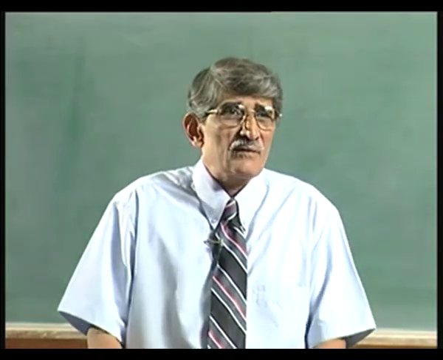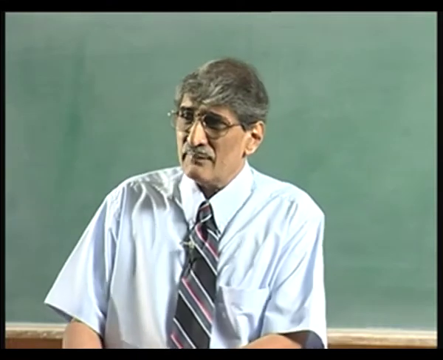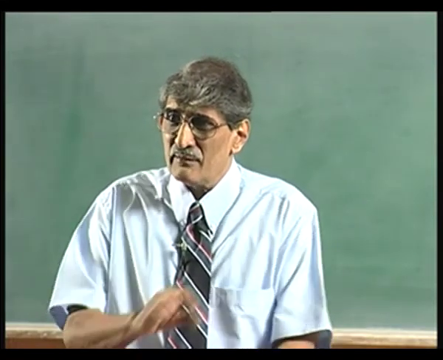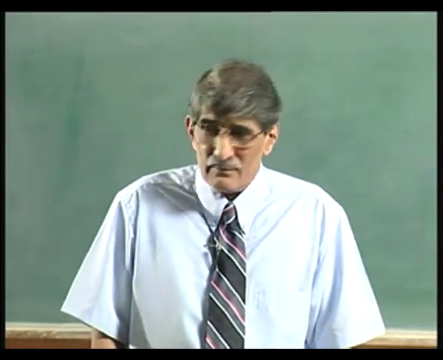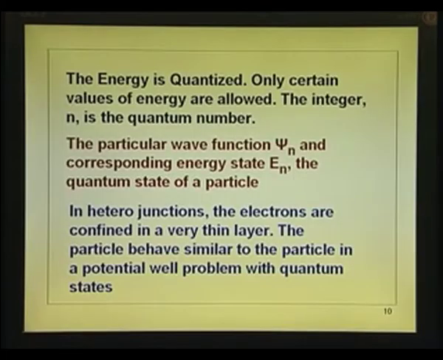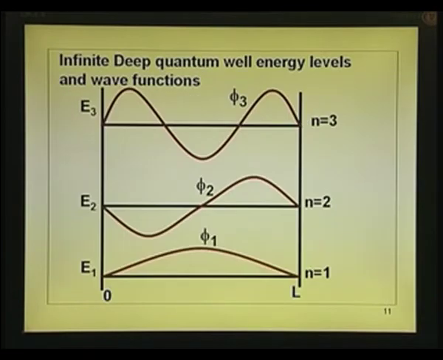If there are a number of electrons, they will tend to go into that particular E 1, and that E 1 will spread into a sub band. Similarly, E 2 will spread into a sub band. Okay. So, instead of having continuous energy levels, you will have sub bands, which are seen. Okay. Now, this is